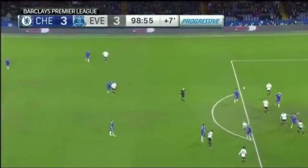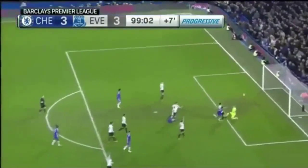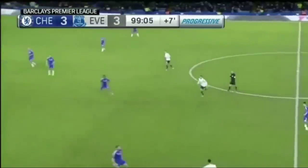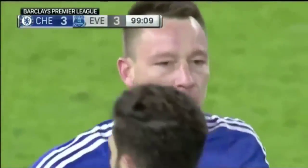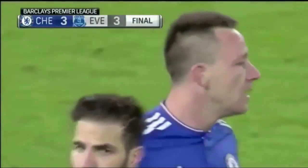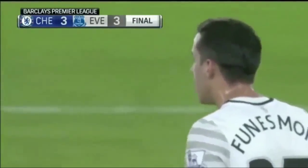Well, it's deja vu for Everton, just like what happened to them at Bournemouth. He's offside, Gary, without a doubt. His body's just in front. Offside, but they get the free kick. John Terry, who else? Chelsea get away with it. He was offside. It does look like we'll have another look. Let's just take you, though, the